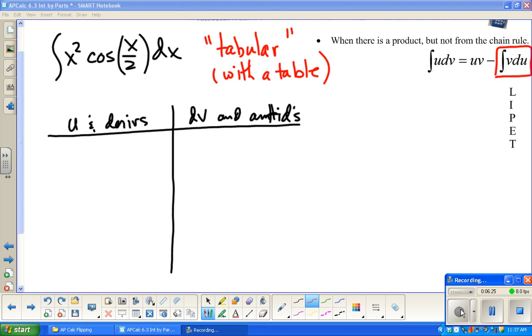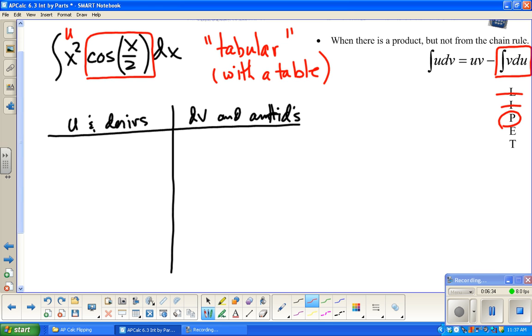And so is there a log? No. Is there an inverse trig? No. Is there a, oh yeah, there's a polynomial. Okay, so this sucker is u, and this thing is going to be my dv. Just kind of starting my little list here. So u is x squared, and then dv is cosine of x over 2. Okay, now,